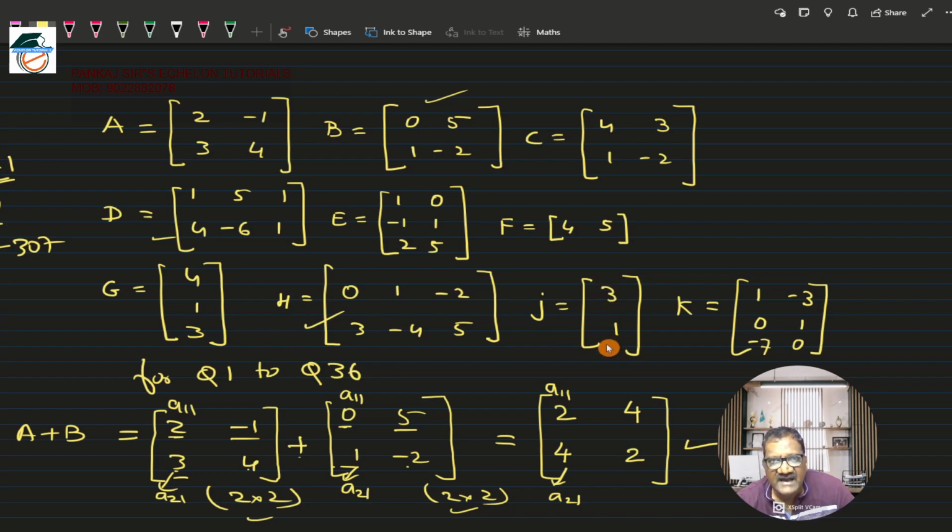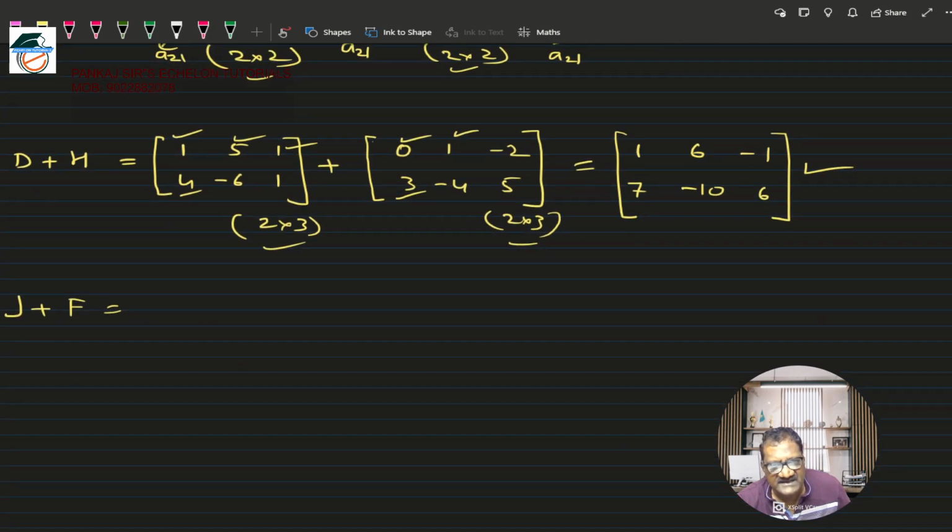And J and F, which one we have to add? J and F. Okay, so J order is this, and F order is, where is this? This is F. Okay. Now here you can see J, the order is 2 by 1, and F, the order is 1 by 2. So the orders are not same. Okay. J and F orders are not same. So it will not be possible to add this J and F. So J and F answer will be not possible,